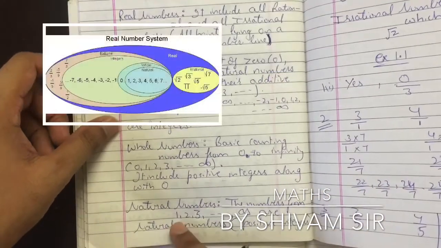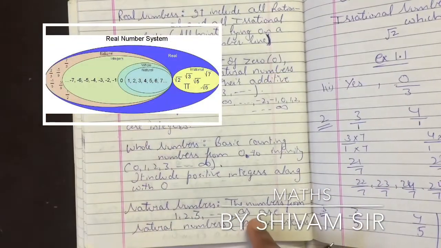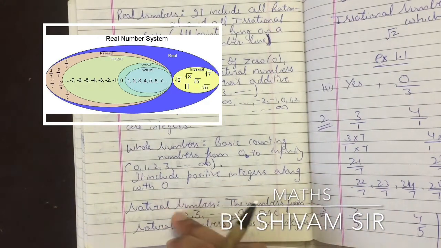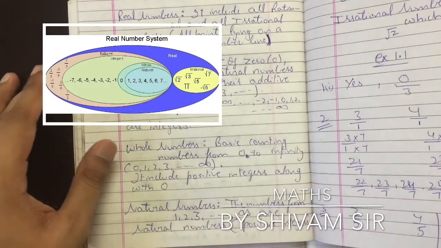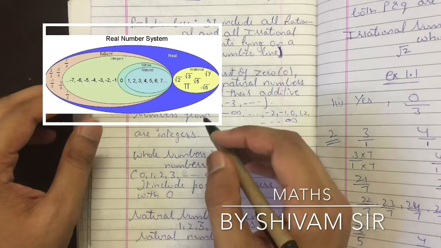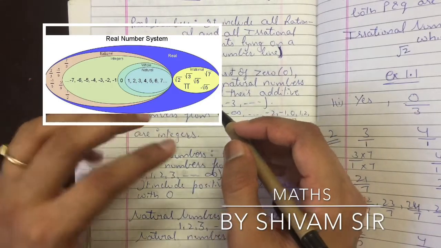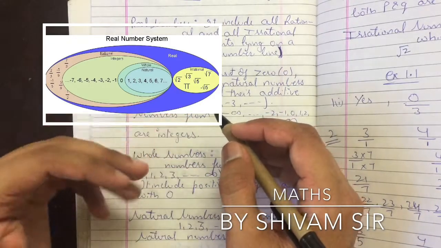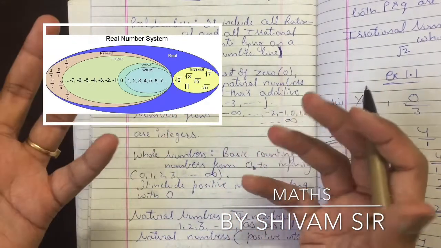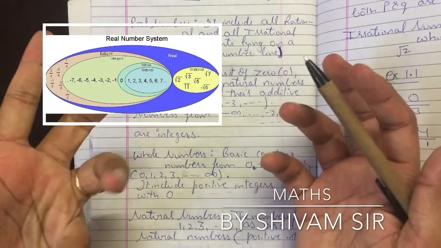Natural numbers start from 1 and go up to infinity, whereas whole numbers start from 0 and go up to infinity. So every natural number is a whole number, we can say. Next, every integer is a whole number. False, as integers may be negative but whole numbers are always non-negative. For example, -3 is an integer but not a whole number.